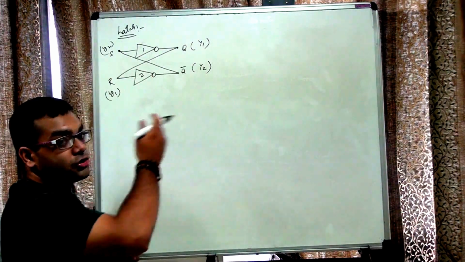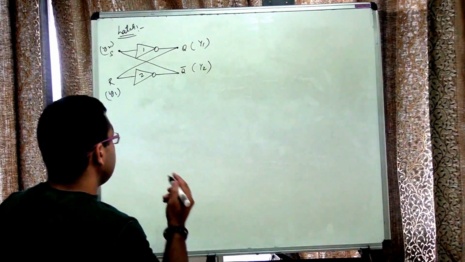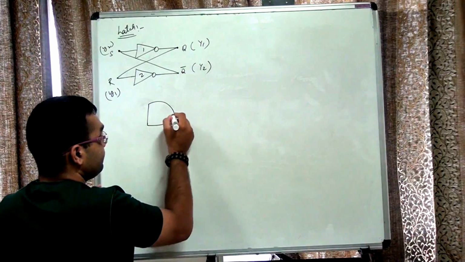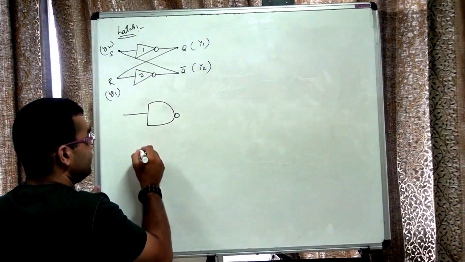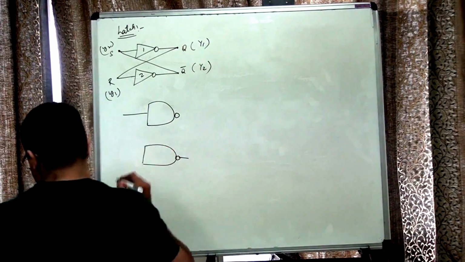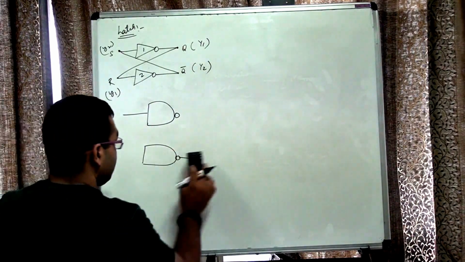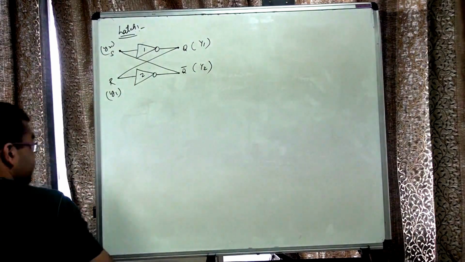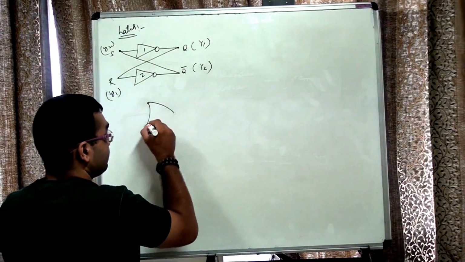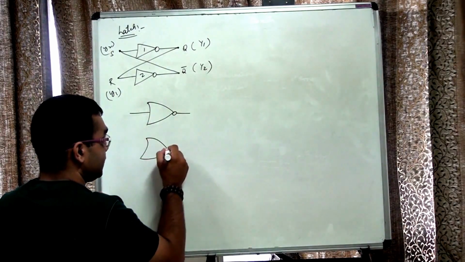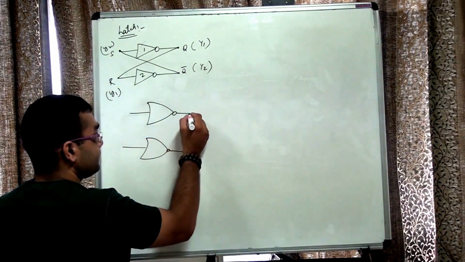So a solution to this problem came. Let us see how. Somebody modified this design. The same design can be made using the, first of all, let me draw it using the NOR gate. That will be easier to understand. So this is how the same circuit has been designed.